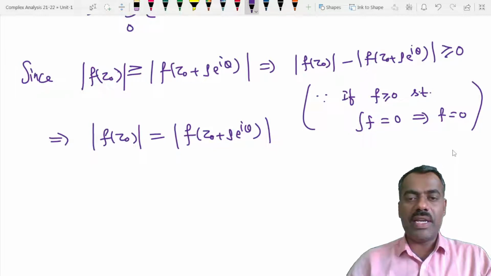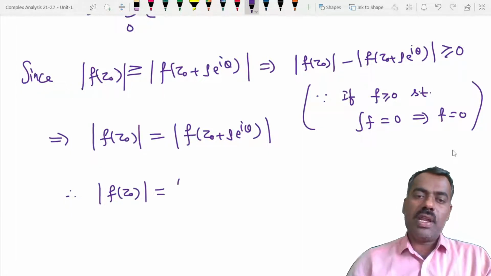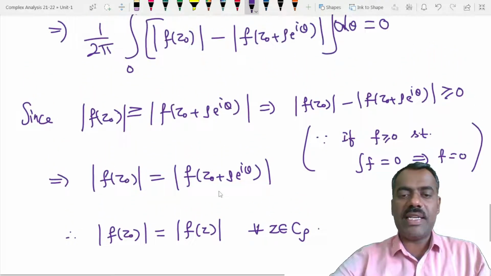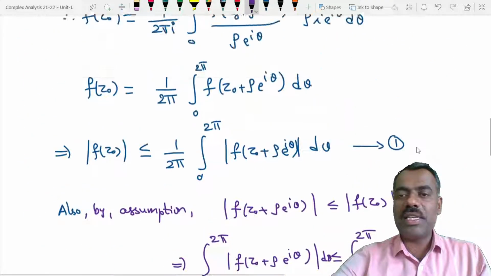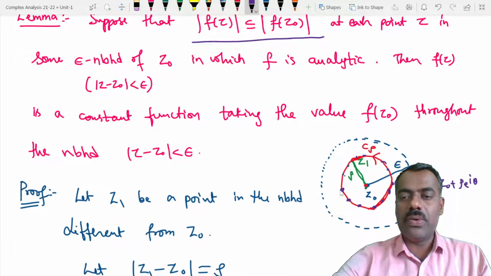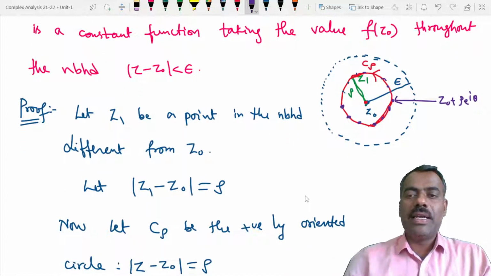So what we have proved is that for mod f of z naught, in particular this z naught you can take any point, therefore mod f of z naught is equal to modulus of f of z, okay, for every z belongs to this C rho, because z naught plus rho e I theta is precisely any point on this C rho, right? So what we have just now proved is that the modulus of f of z naught is equal to that at any point on this circle, right? Now since z1 which we have taken is any arbitrary point different from z naught, okay, now what I can do,